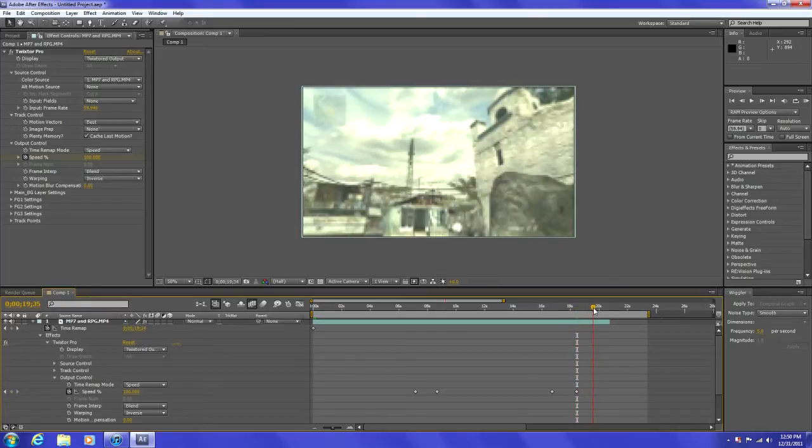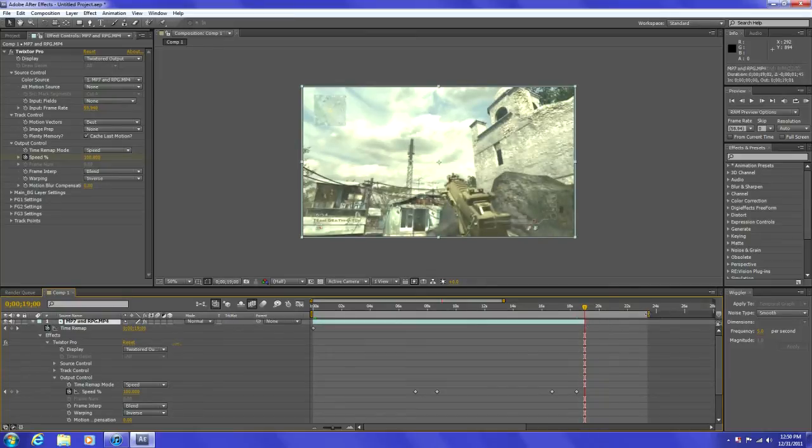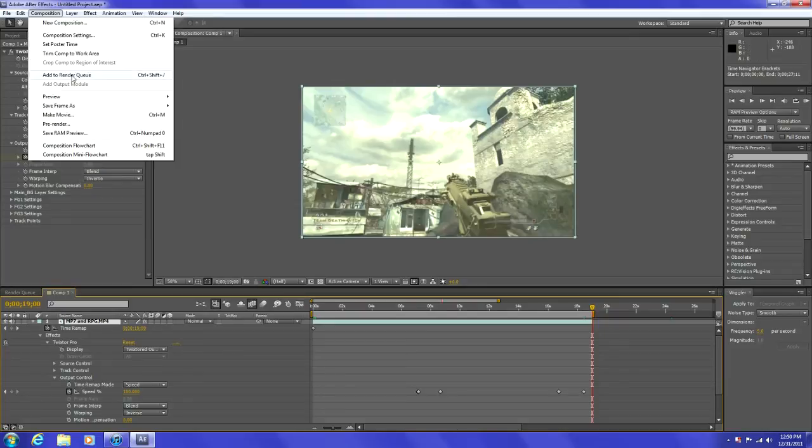Just stop it whenever you want to stop it, right before I switch my weapon. Drag it back to there, and this bar right here is pretty much what you're rendering, so make sure it's right on the end. This just allows you to change the amount of time or whatever. But once you get done with that, that's pretty much all I'm going to do. After you do that, you need to go to composition, add to render queue,